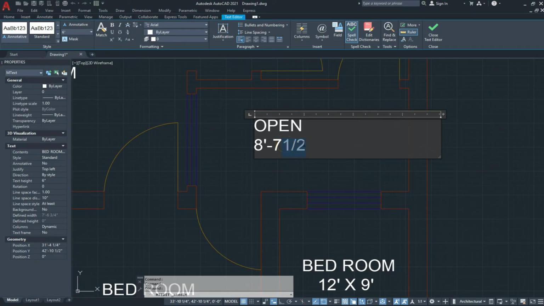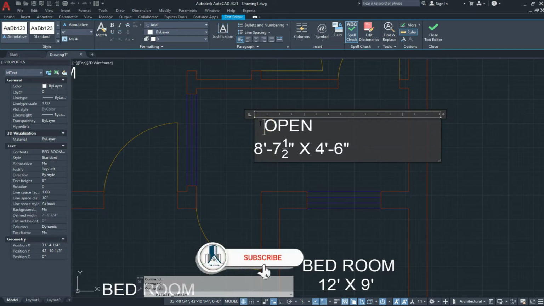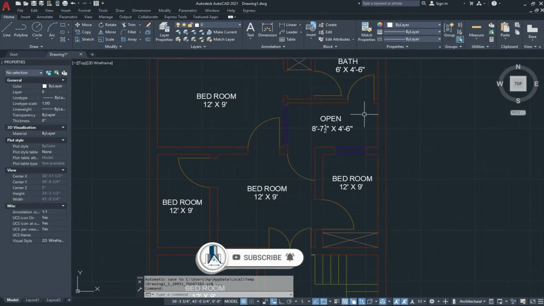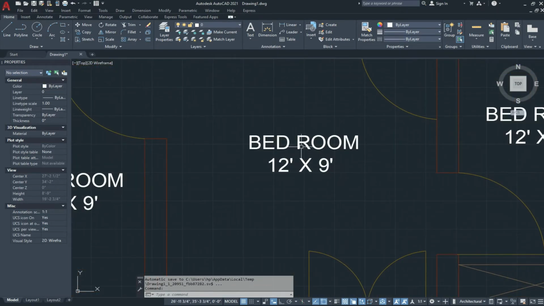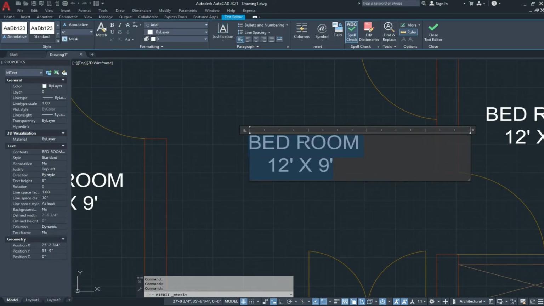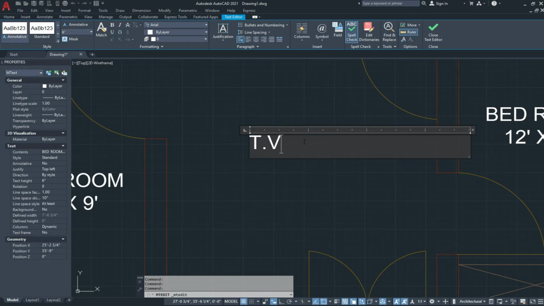Now we select the 1/2 and change it, and press shift and this icon, the fit icon, (4 feet and 6 inches), and click on close text editor. Select all, and this is our TV lounge.